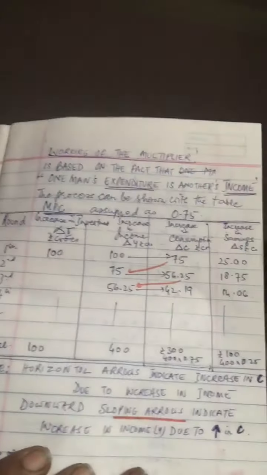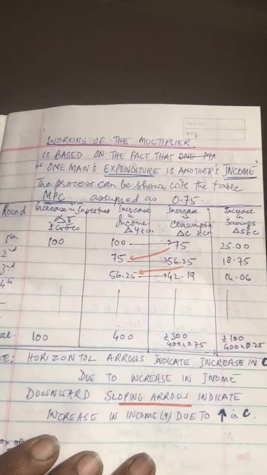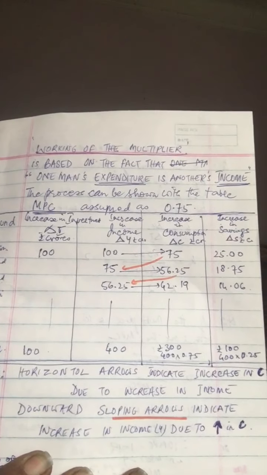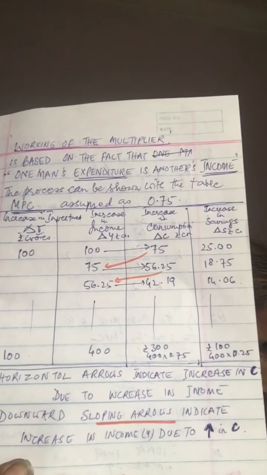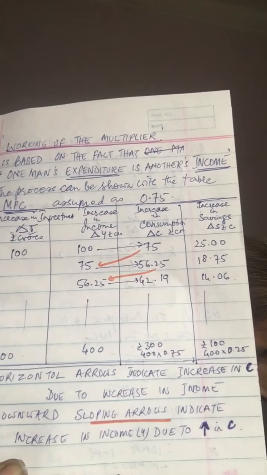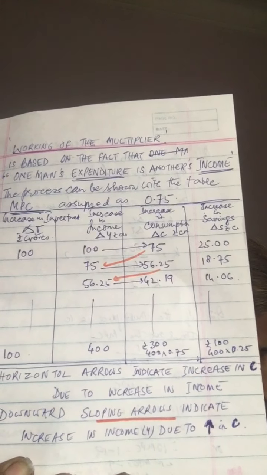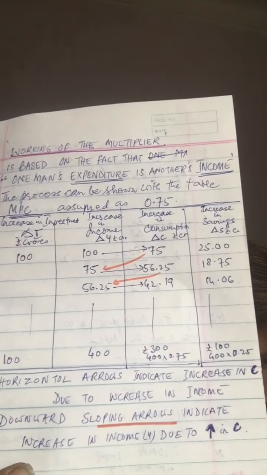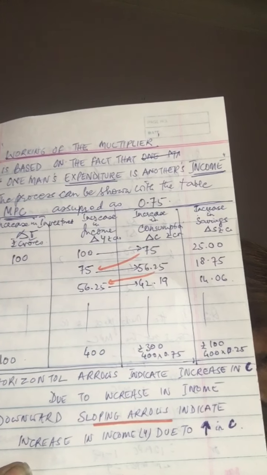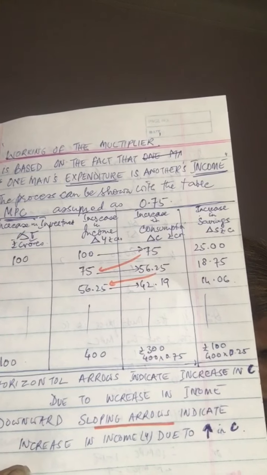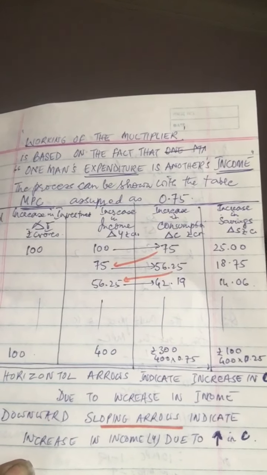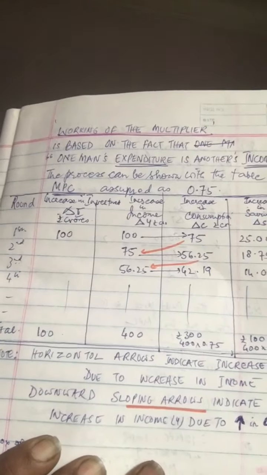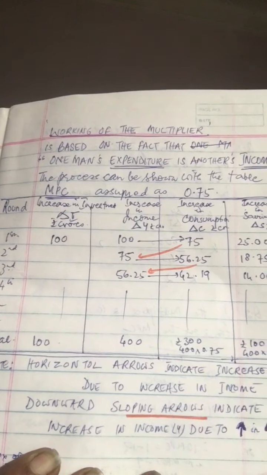So sometimes you'll hear the word, so I want you to see this. The same thing, if you take away that investment, it will have a forward and backward working of the multiplier. If the multiplier effect can work in the forward direction, it can also work in the backward direction. It operates in the forward direction when there is a multiple increase in income as a result of an increase in investment. And when will it work the other way? When the investment is decreased.